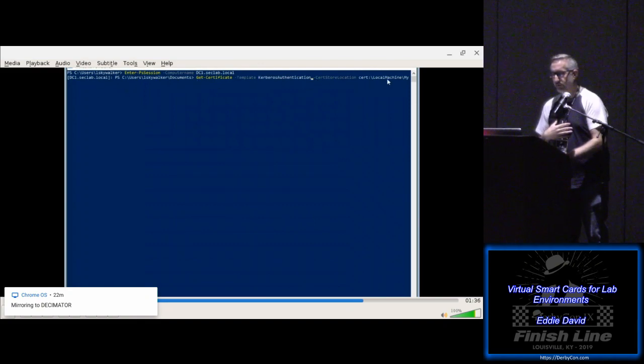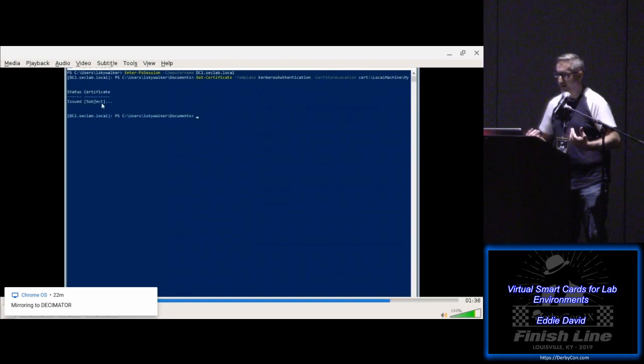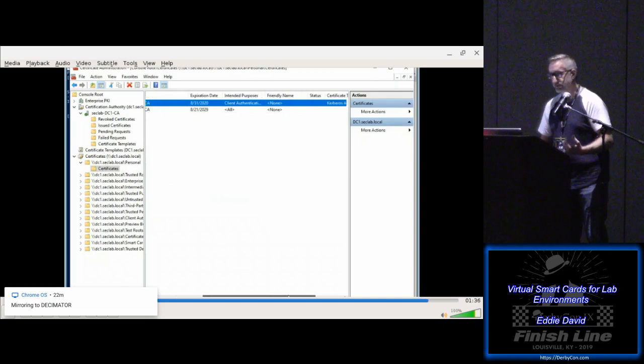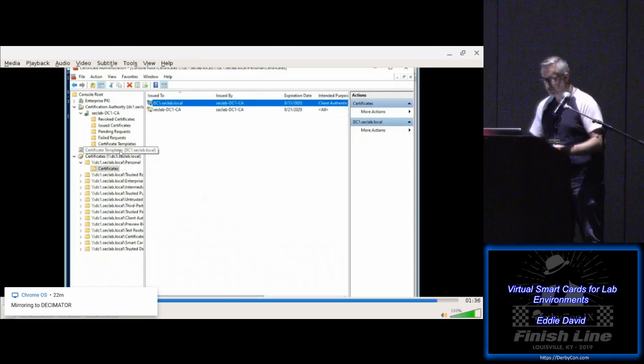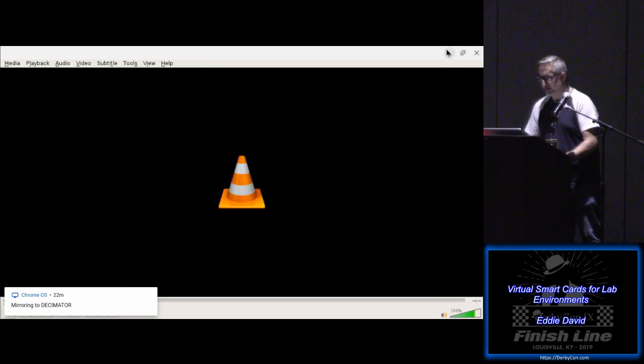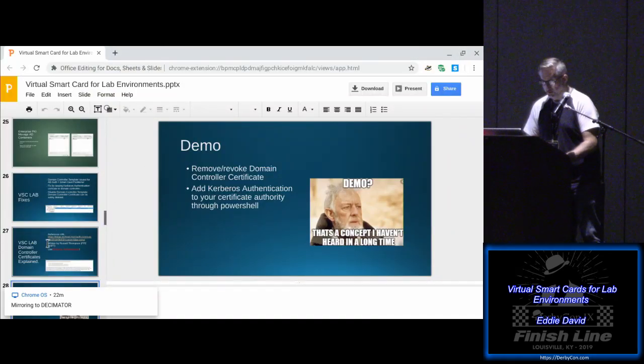Since we're running server core, I'm going to use Get-Certificate. I'm just going to PowerShell remote into the domain controller. I'm going to issue my Kerberos authentication certificate. From that point, I refresh. It's in there. You should not have to reboot the domain controller. That should be a transient change. So at this point, I at least got a basic infrastructure to setting up smart cards. So next, what we're going to do here